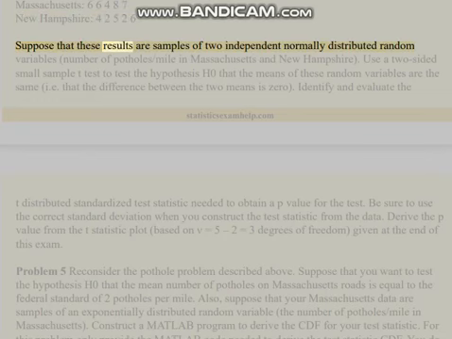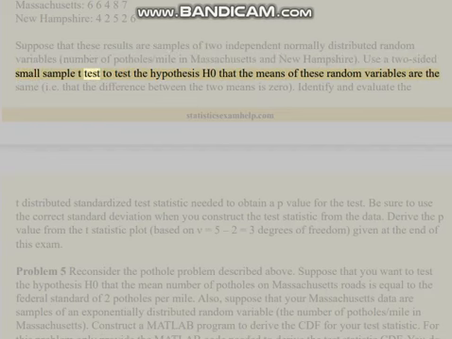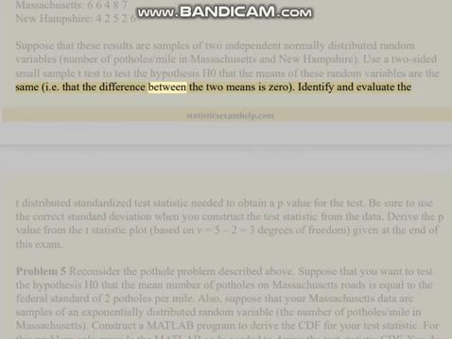Suppose that these results are samples of 2 independent normally distributed random variables, number of potholes per mile in Massachusetts and New Hampshire. Use a 2-sided small sample t-test to test the hypothesis H0 that the means of these random variables are the same, i.e. that the difference between the 2 means is 0. Identify and evaluate the